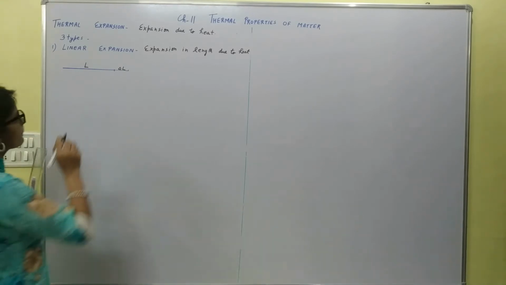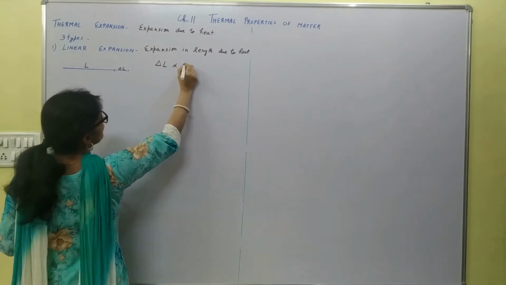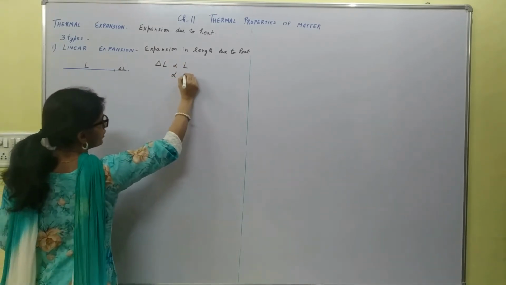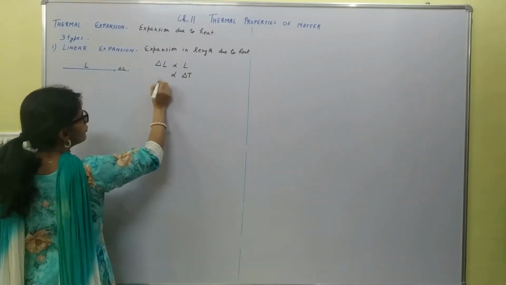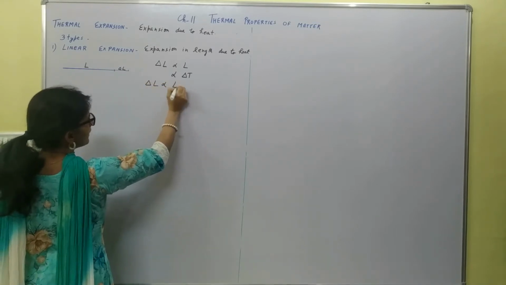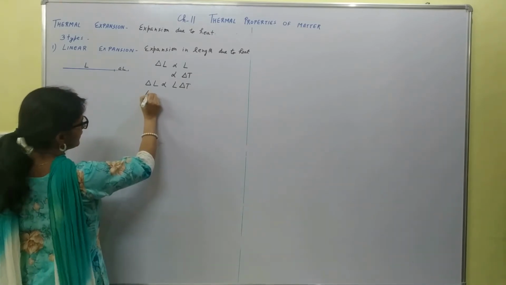So we can say that the change in length is proportional to the original length, and this change in length is also proportional to the change in temperature. If we combine this first, this will be L delta T, and if we remove the proportionality sign, we will get